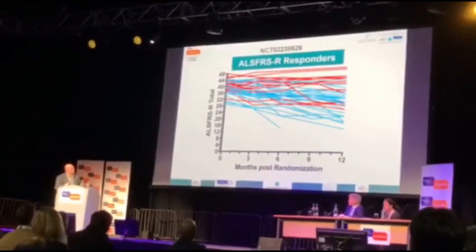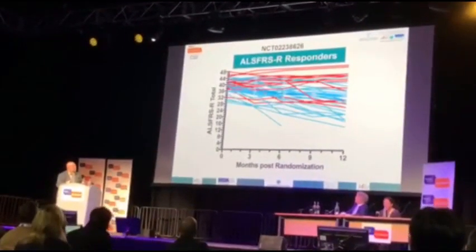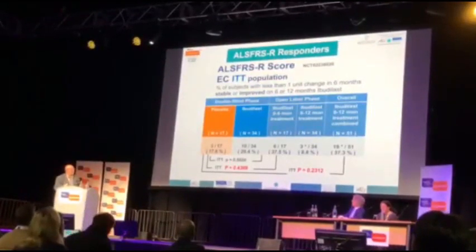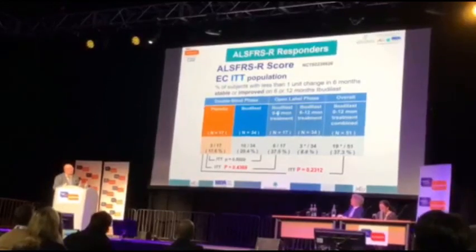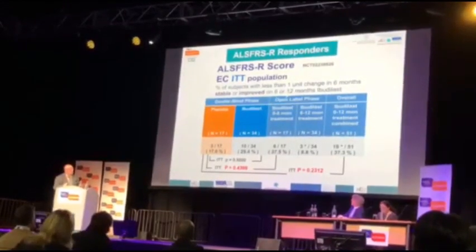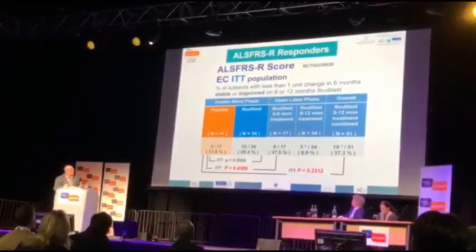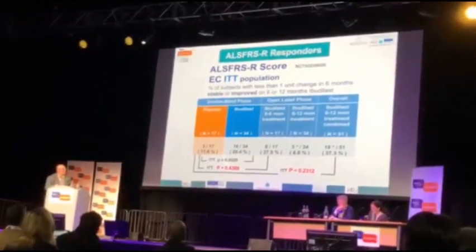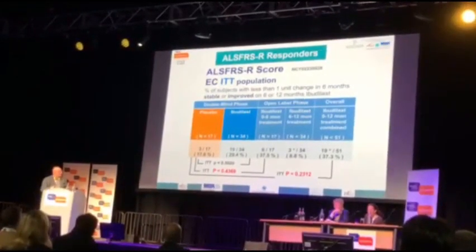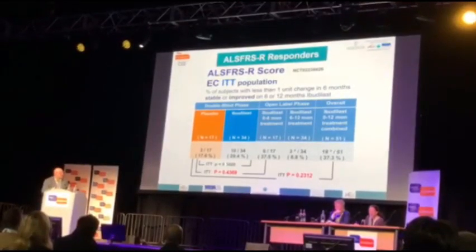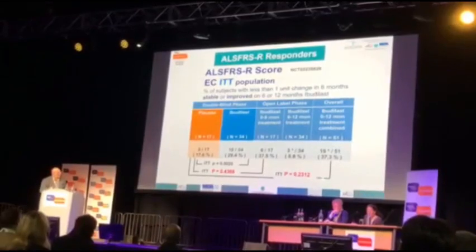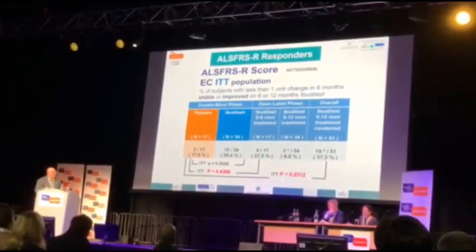We also looked at this from the point of view of spaghetti plots, and this is how we defined the new output. What happened was in our report in Boston, we looked at less than 1 unit change in 6 months and see if we could see anything over time. In the short-term study, there was nothing statistically significant. And then when you looked at, after being on ibudilast for the next 6 months,